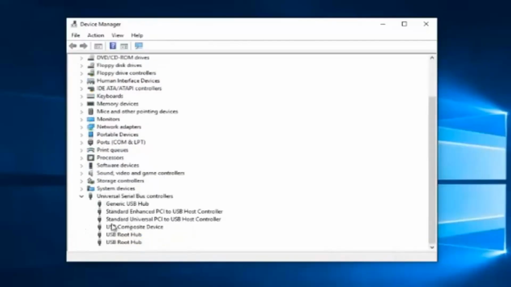Now, I do not have a USB flash drive currently in the computer, but if there was one that said USB mass storage device, what you want to do is right click on it. So very similar to what I'm doing right now, except it has to say USB mass storage device. I can't stress that enough. It really wouldn't do any harm if you did it for any one of these if you're following along with this video, but just keep in mind that you'd be looking for